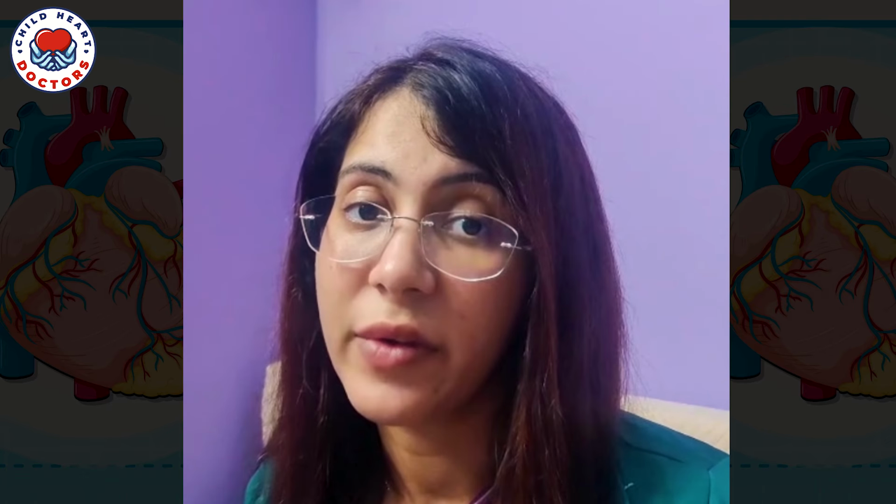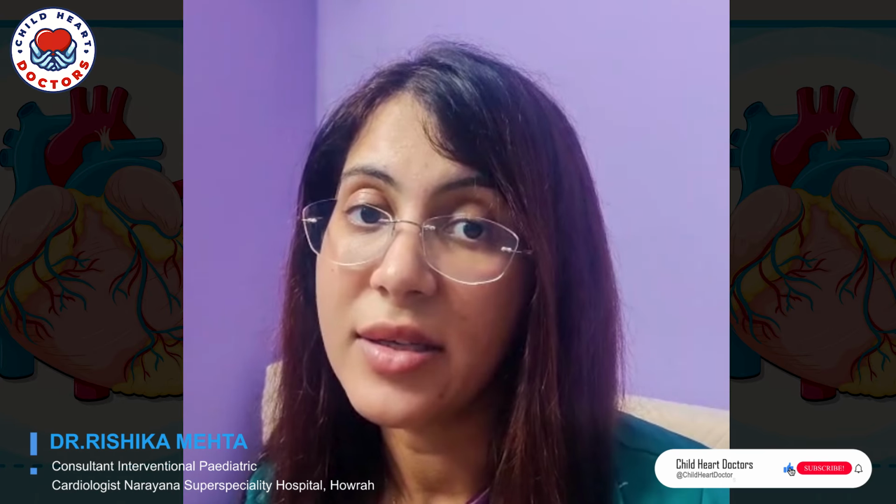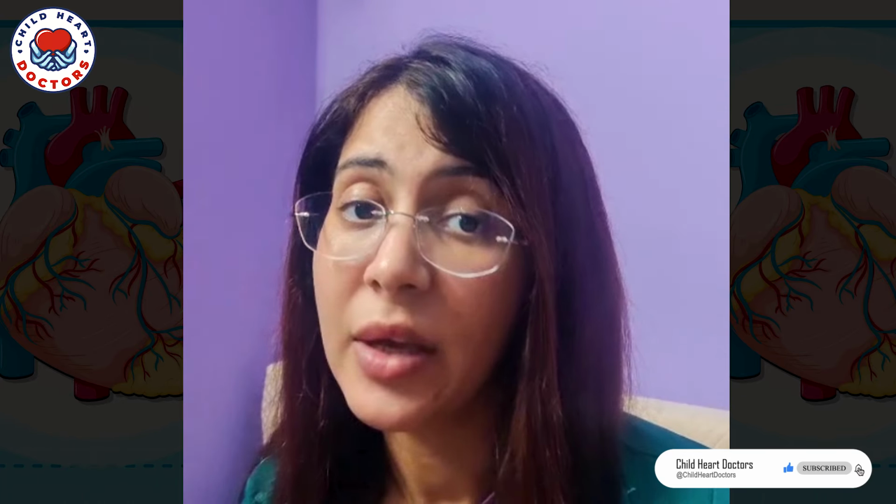Similar to tetralogy of Fallot, there are also diseases where children are blue, like TGA. TGA is transposition of great arteries. In simple language, the heart connections become opposite. As I said, the pulmonary artery which supplies the lungs arises from the right heart, and the aorta which supplies the whole body arises from the left heart. In transposition of great arteries these connections become opposite. From the left side of the heart arises the pulmonary artery, and from the right side of the